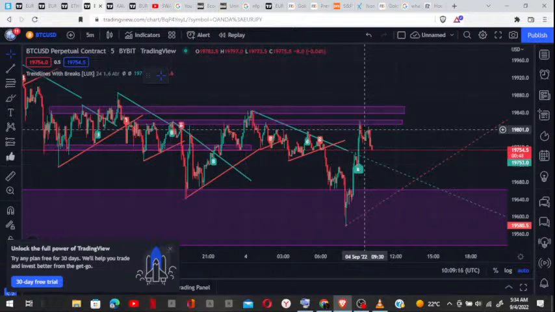Always try as much as possible, if you do not know how to analyze the charts using the volatility stop, or you don't really understand indicators that much, or maybe you're trying to rely on indicators, just try to learn about support and resistance. This is one of the things that can help you in the long run, because whether